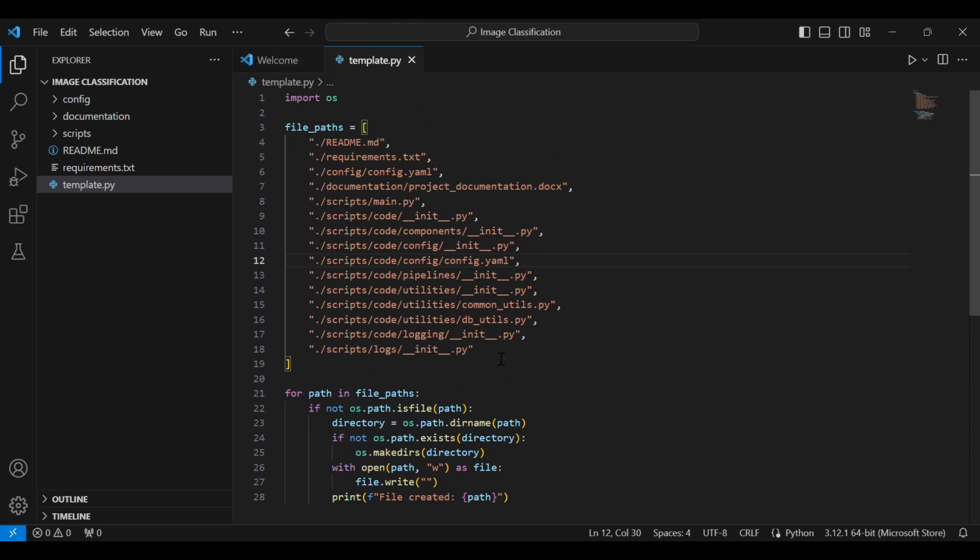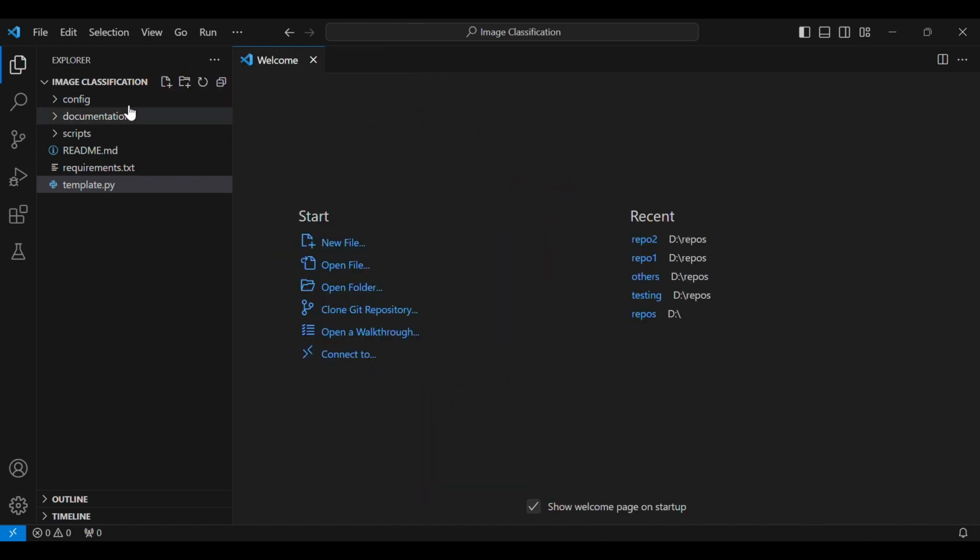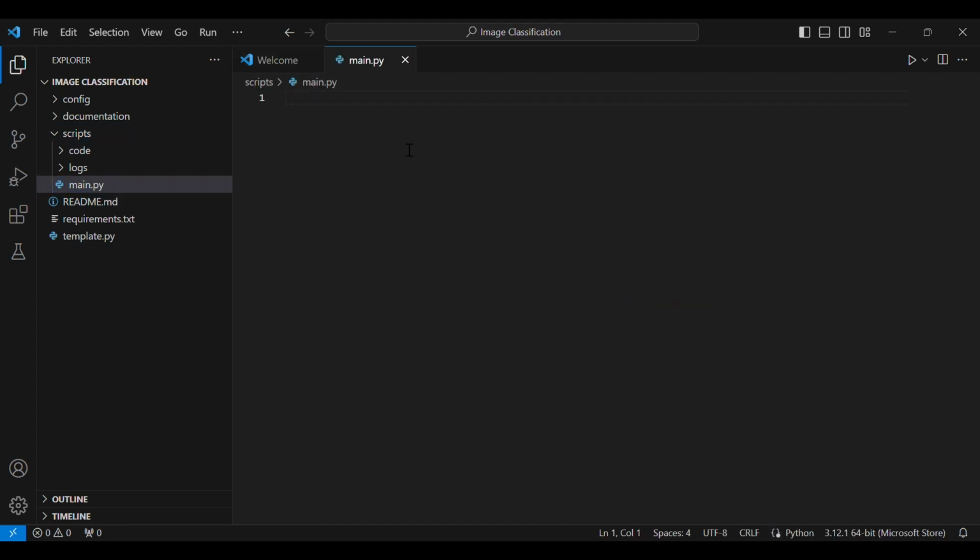I'm not going to use this at all until and unless I delete some of the things here. But there are so many additional things that you can do to template.py to make it more aesthetic, professional looking, and informative as well. Here we got main.py. Okay, so this is where the magic begins. But before we go into main.py,